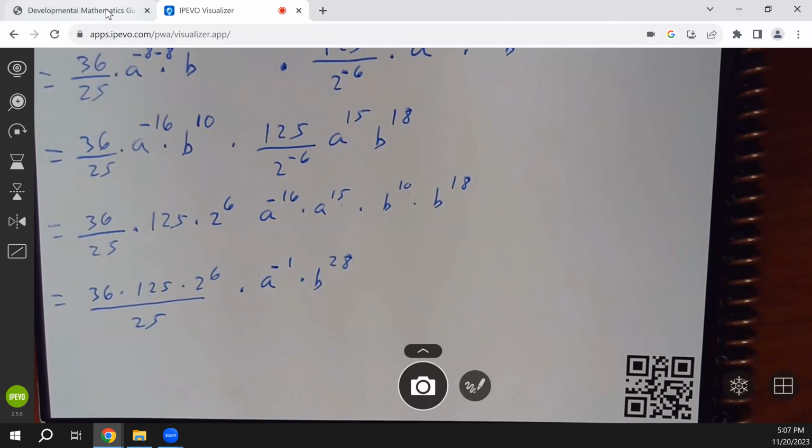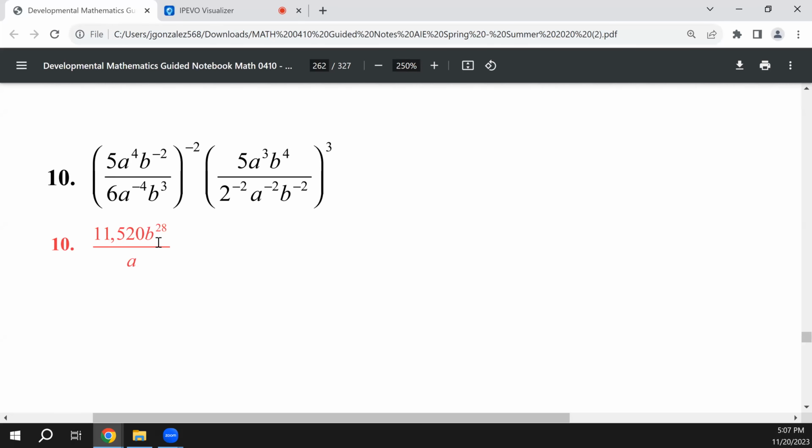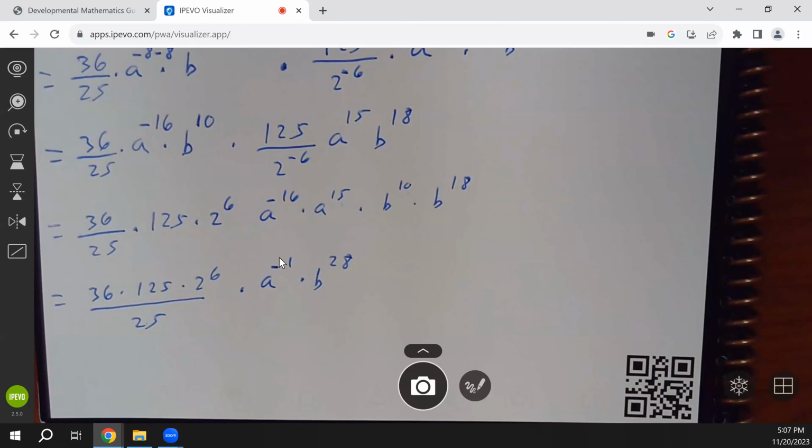See what the answer is. Are we close or are we off? The B to the 28 and an A, it looks like we got it. Bring this A to the bottom and then reduce this fraction. Just deal with the fraction and we're done. So this will simply be